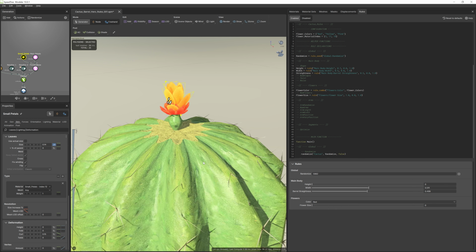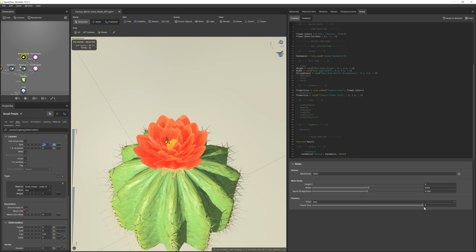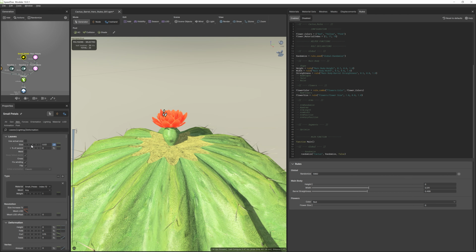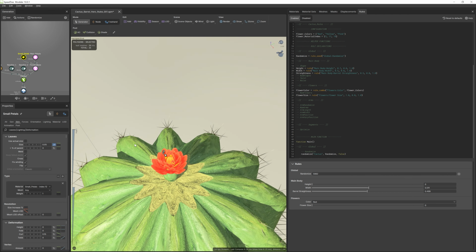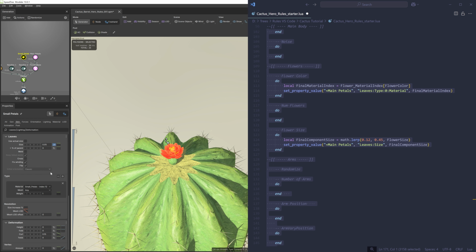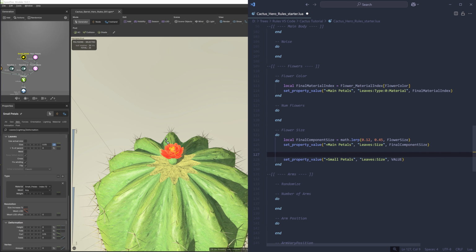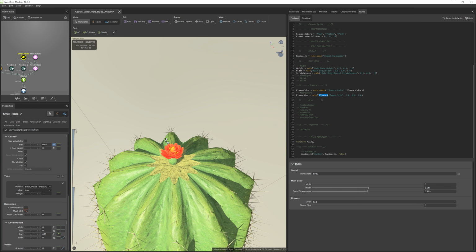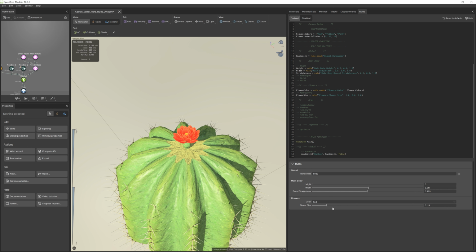And I can do the same thing for the max by sliding to 1. Okay, update the script with those values, copy and paste into the modeler, and the petals scale correctly.